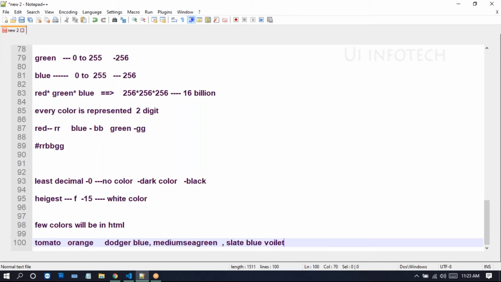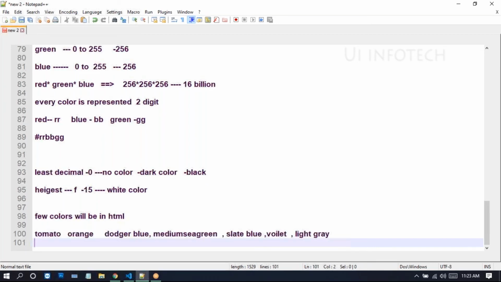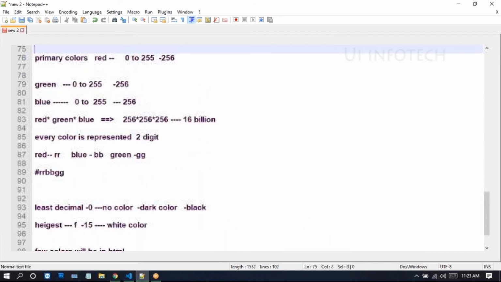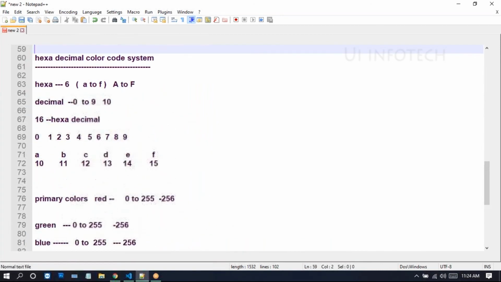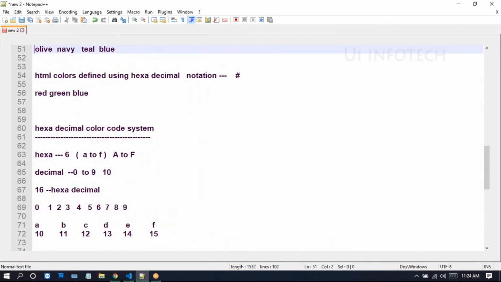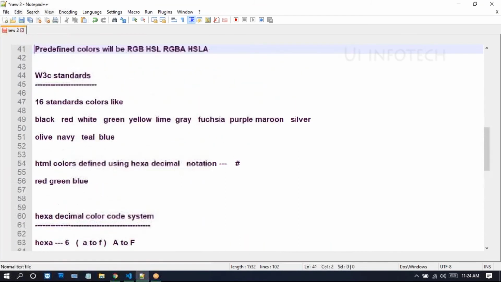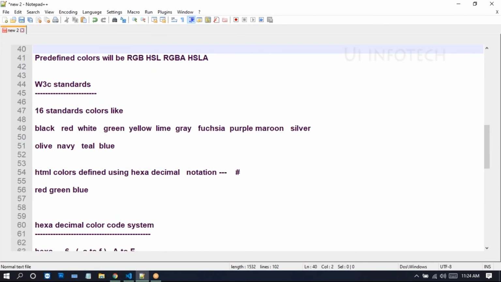Gray color we already discussed. Slate blue color, and we have violet color, and we have light gray color. Similarly, these colors are also available in HTML.